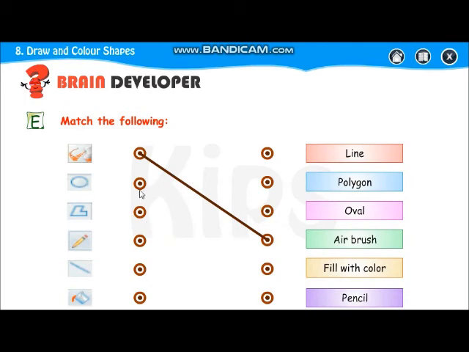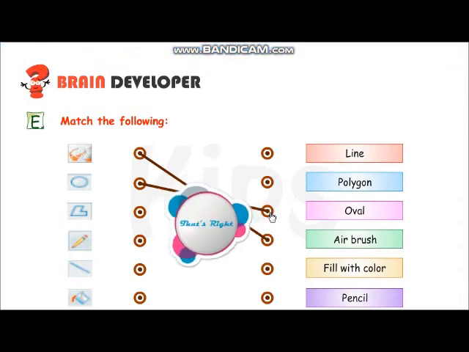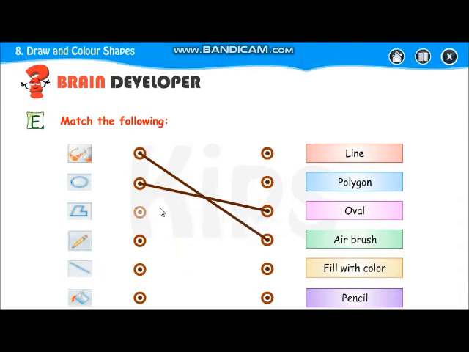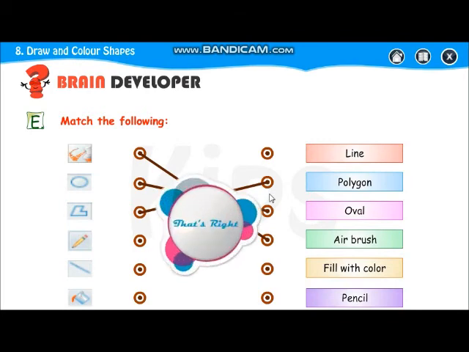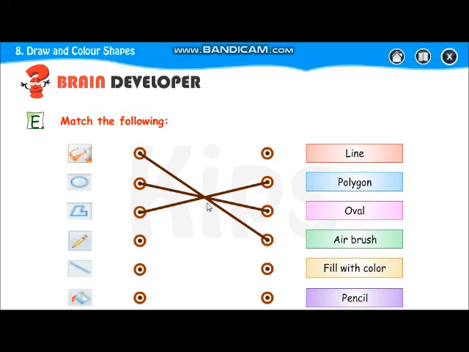Okay. Then you have to draw a line to oval. Then polygon. Okay, so polygon, oval and airbrush. You have to draw the lines like that. And for pencil you can draw the line from this direction. Here it is given in this way.